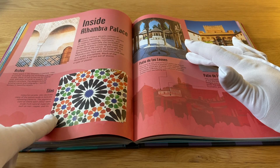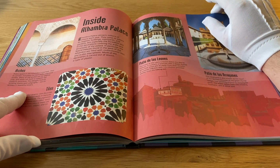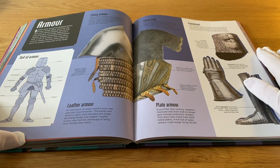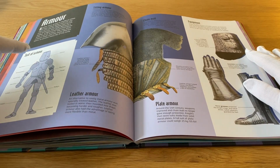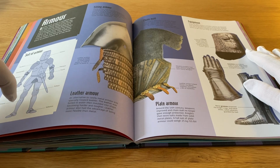Beautiful tiles. Lovely arches. A lot of Moroccan or Arabic inspiration there. Beautiful. Got some armour as well. Suit of armour. There you go, if you want to know what the different pieces of armour are called, that's obviously the helmet, the pauldron, the breastplate, the vambrace, the gauntlet, the cuisse, greave, sabaton, purlin, fold,